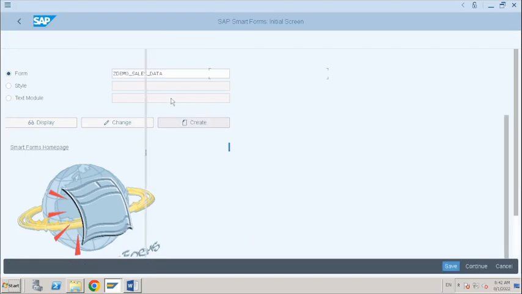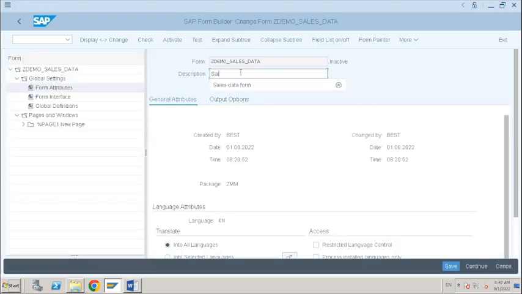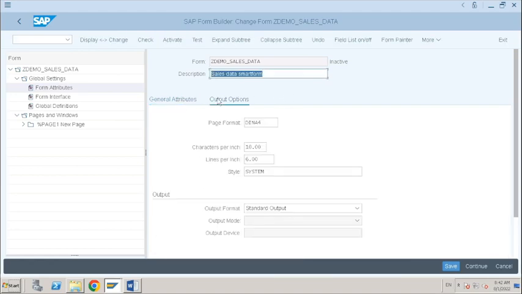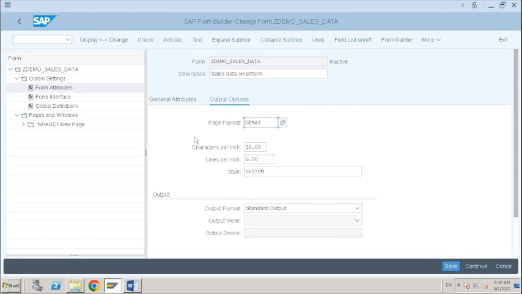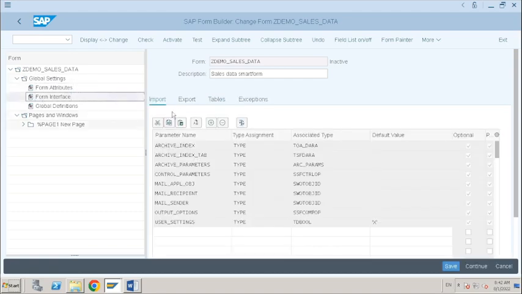So create the smart form, provide the name. Okay. So this is the smart form description. In output options, what can you find? Page format, right? Yes, sir. And what are the available options in smart form? These are the form attributes. Form interface, you can find import and export options, just like function module interface, where you can pass data as input,